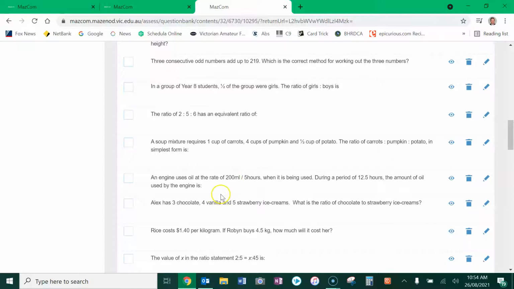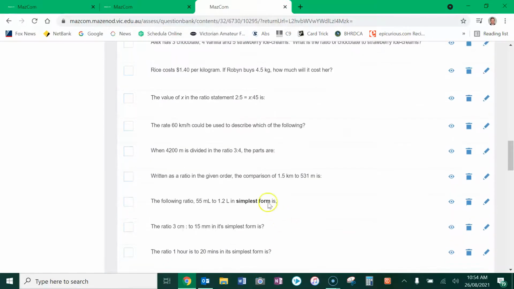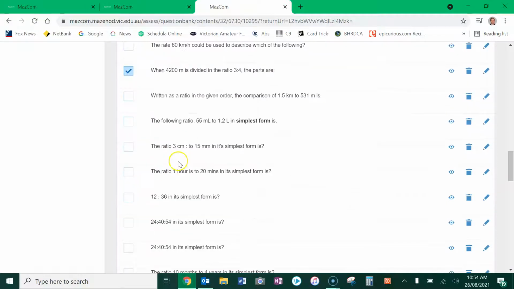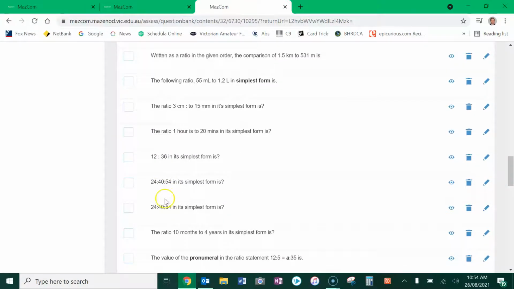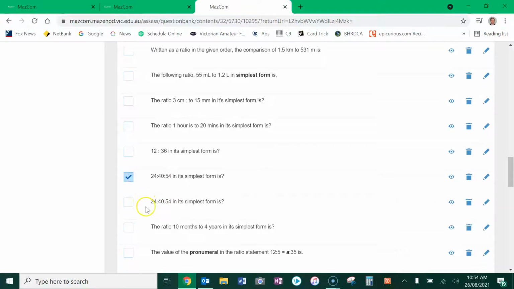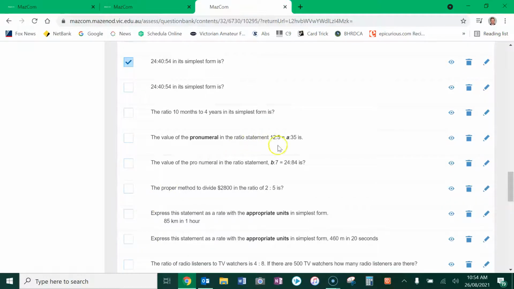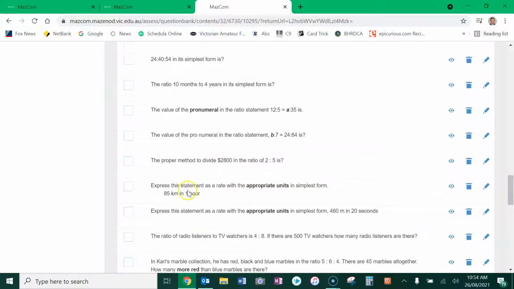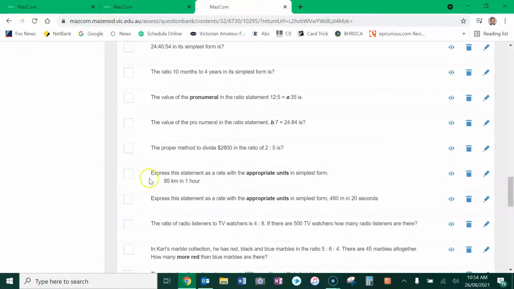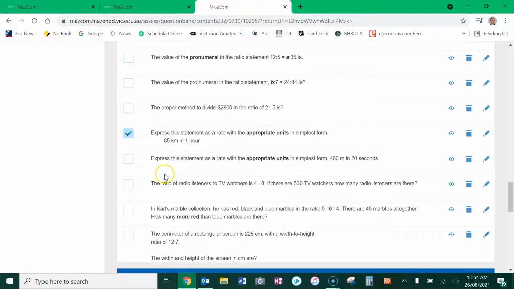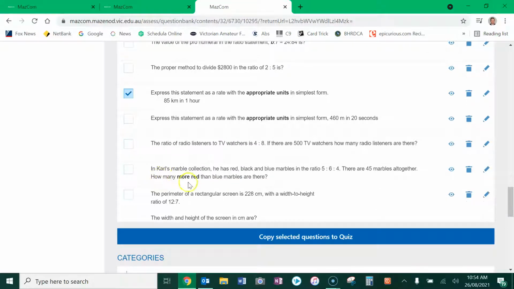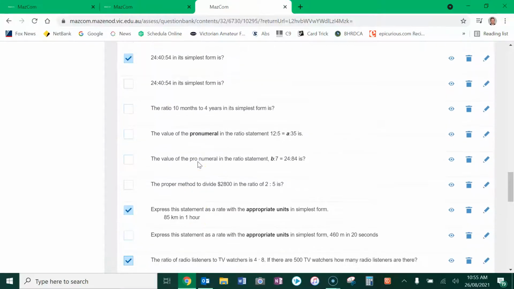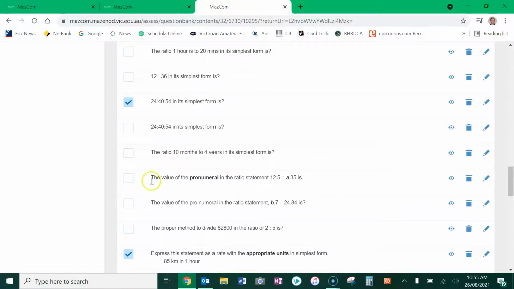You may want to use some of these. 4,200. Say we put that one in there. We put this one in there. The value of the pronumeral, you may want to put that one in there. Appropriate units, you want to put that one in there. The ratio of radio listeners may be a bit hard, but if you put hints in there, that would be okay. You just select the ones you want,